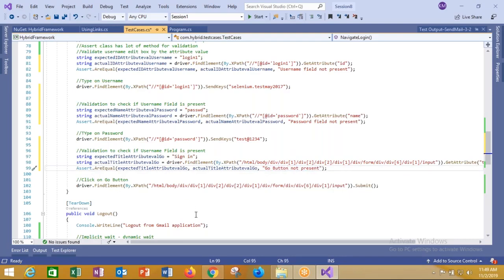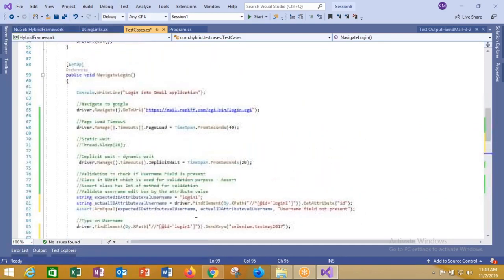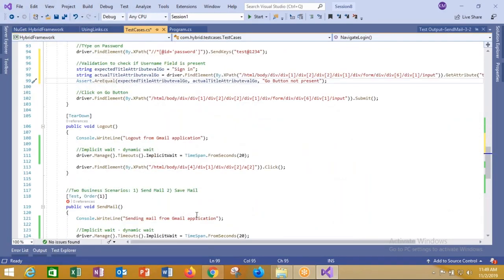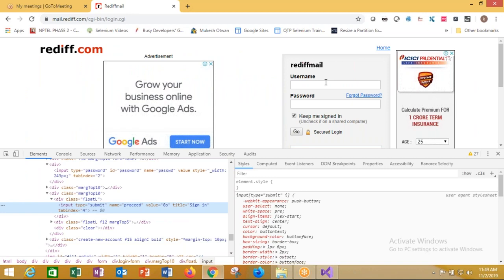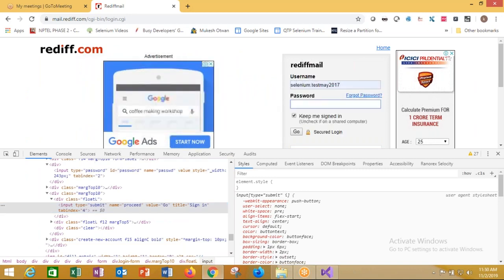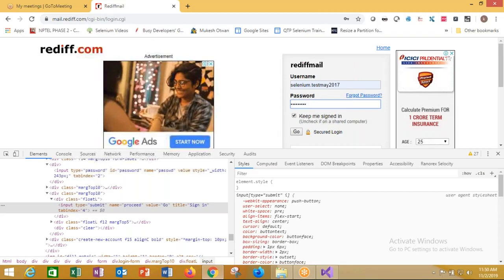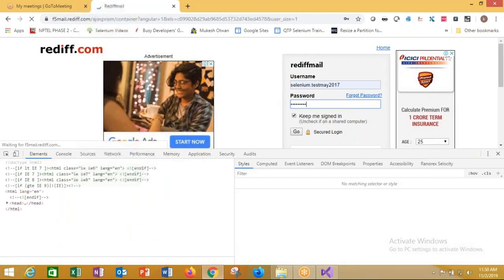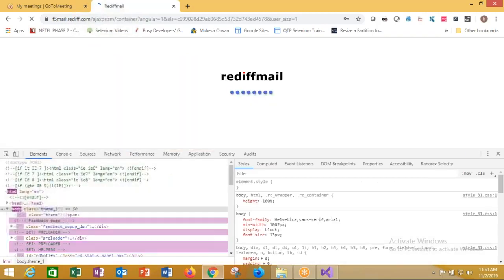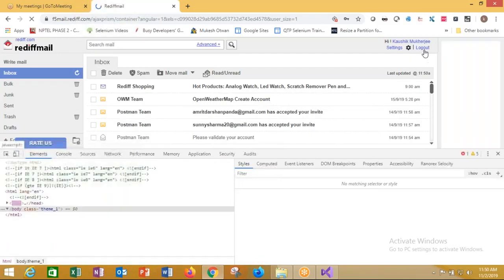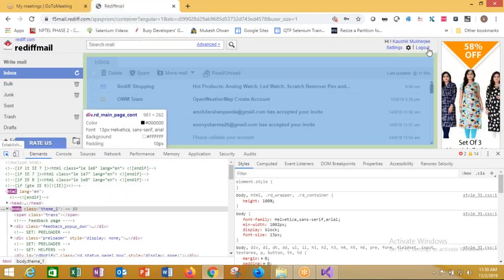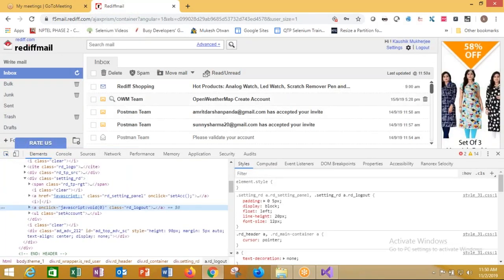This was a part of the setup process. In tear down also, you are clicking on the logout. This is a logout link. So you have to validate on the logout link also. So test@1234. So you can validate that the logout link is present or not. And the logout link,